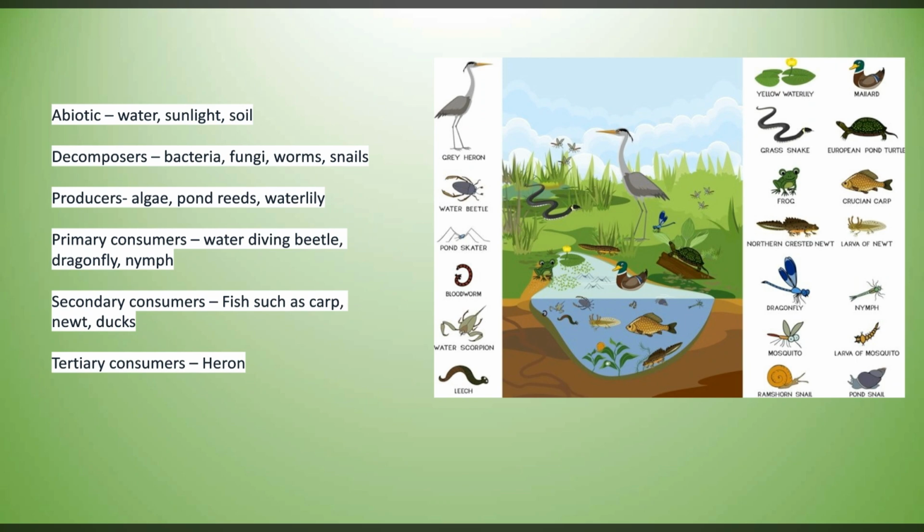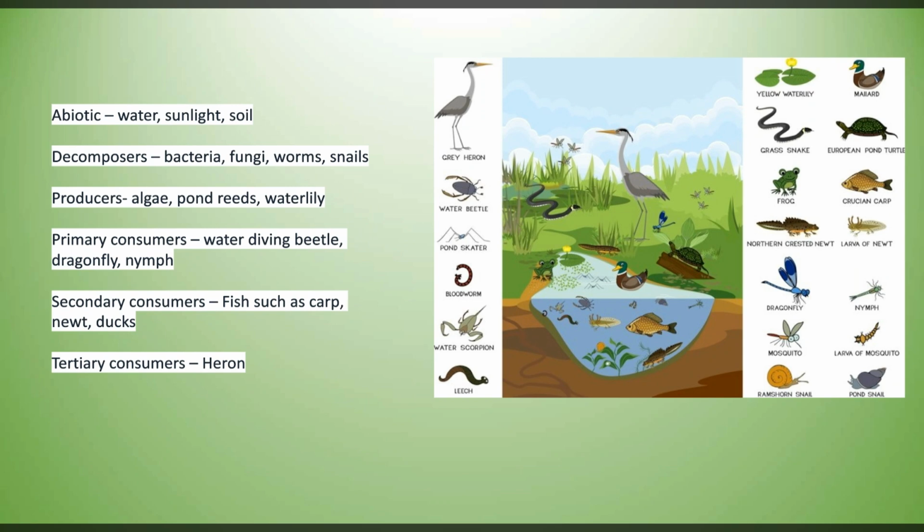Your producers such as algae, pond reeds, water lilies produce their own energy through photosynthesis. And then you have your consumers, which have to consume something else to gain energy. So your primary consumers would be things like your water diving beetle, your dragonfly, your nymphs. Secondary consumers would then be your fish, your newts, your ducks, and then your tertiary consumers would then be your